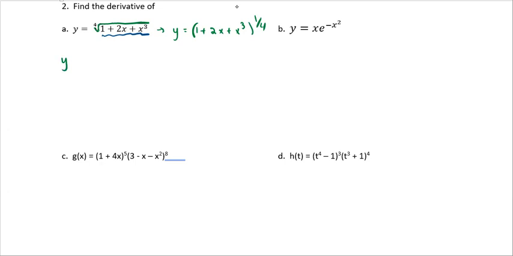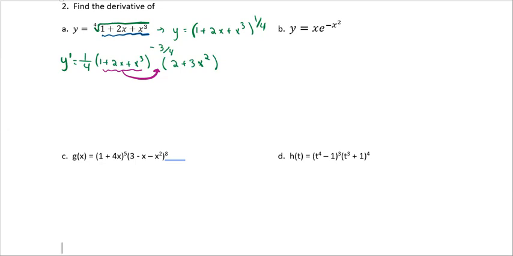the square root. So that means for our derivative, we bring down our power, rewrite our parenthesis, and now when we subtract 1, 1/4 minus 1 is -3/4. And then rewrite what we had, 1 plus 2x plus x to the third. Then we need to do our chain rule. Our chain rule says we take the derivative of what's inside our parenthesis. And in this case, the derivative of 1 goes to 0, the derivative of 2x is 2, and the derivative of x to the third is 3x squared. So it would look like this. This is another one where simplifying isn't really going to help us out too much, so I'm going to leave